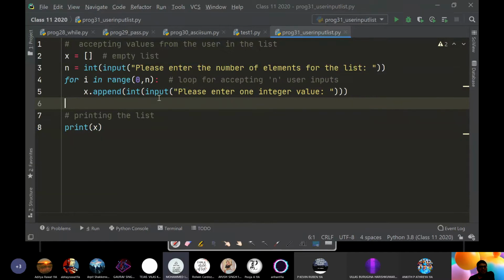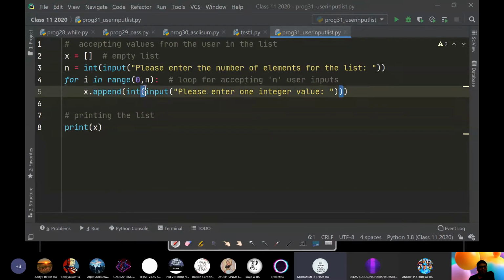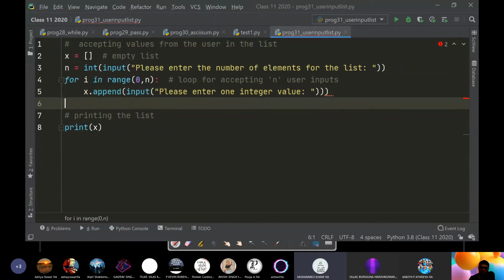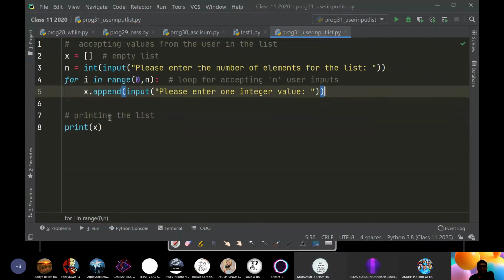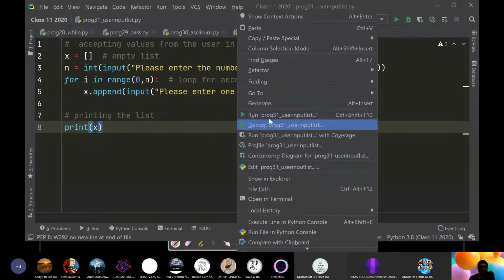Sir, here in the x dot append, if we don't give int input, what if I don't give int input, then if I give the value, will it be an error? No, it will be a list of strings. चलो देख लेते हैं.